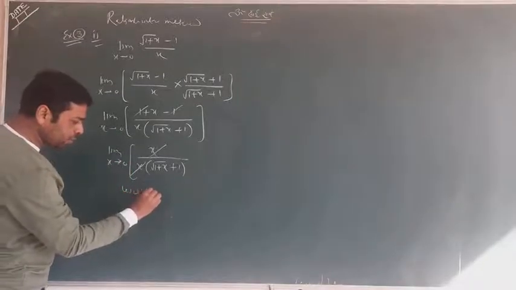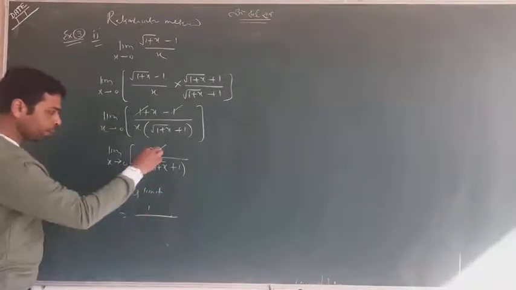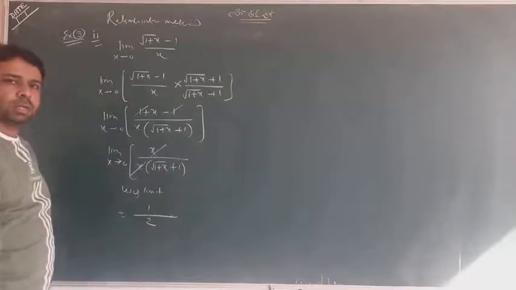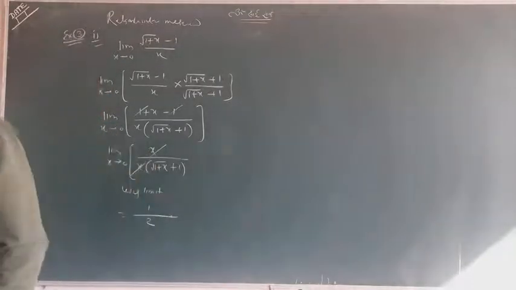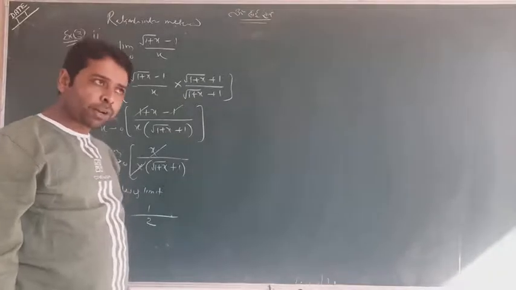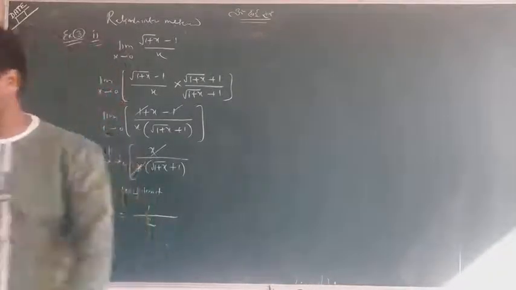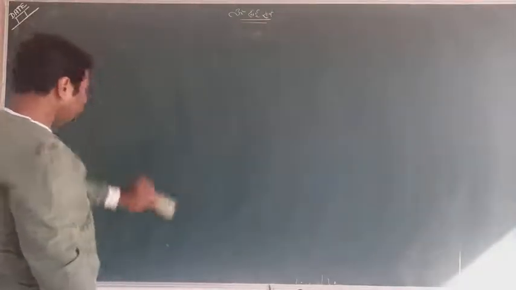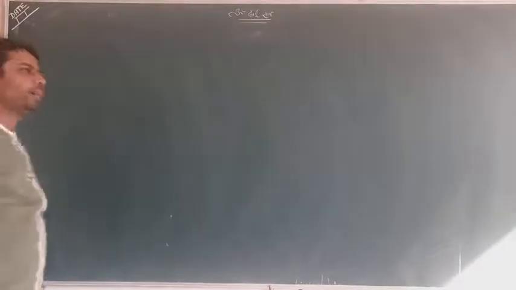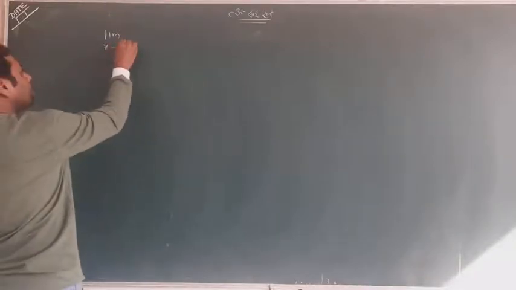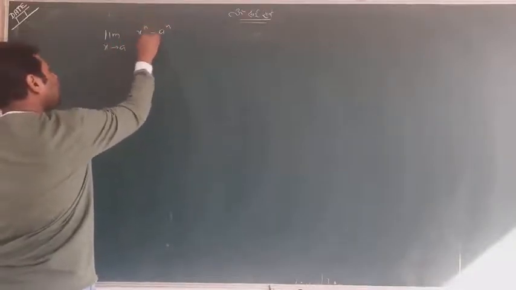Using the limit, students, the upside is 1 and x tends to 0. On putting, we are having 1 and 1, 2. So this is the answer. I hope you have got the concept of the rationalization method, where and when it is used. Okay, this is the question from my side now. Let me tell you some more things. I'm telling you one formula: limit x tends to a of (x to the power n minus a to the power n) upon (x minus a).